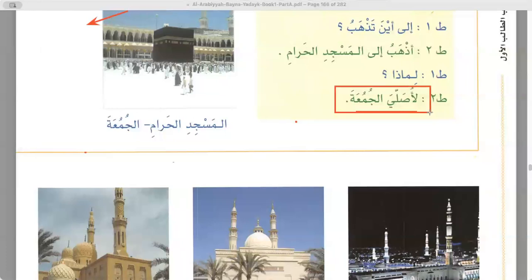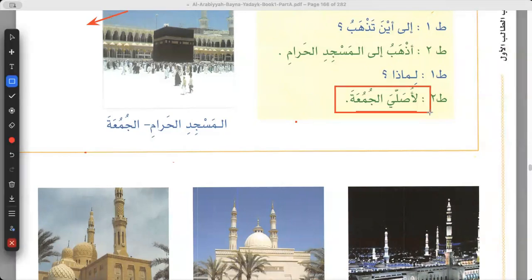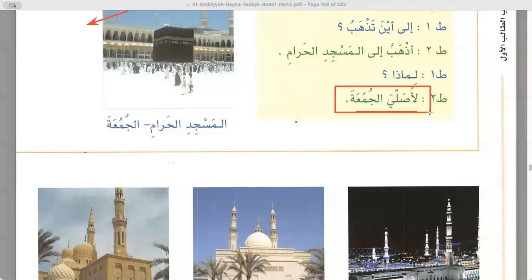If it is mim, it also takes dhamma most of the time, because mim also comes from the lips. Then you have this ya, which takes fatha. These are part of the exemption, because ya and wow don't usually take